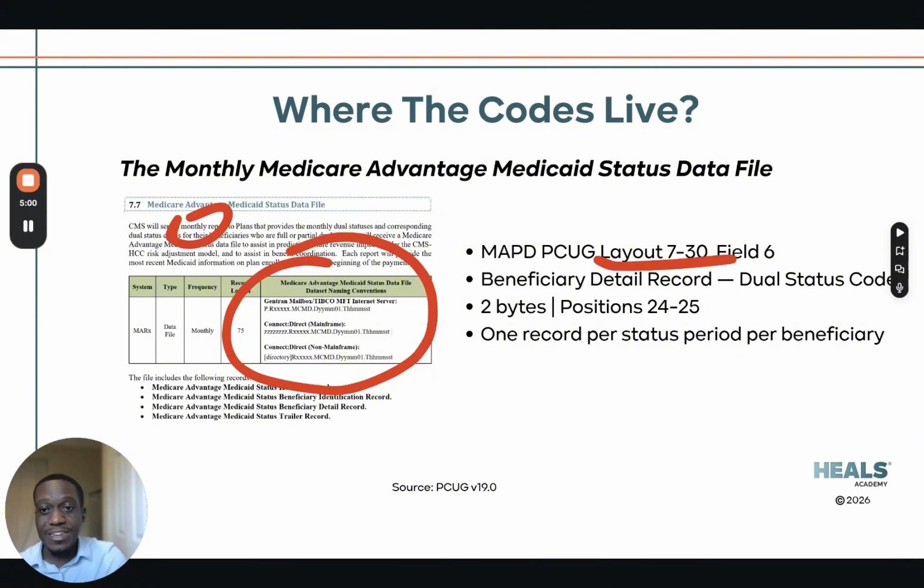If it's in Gentran, this is the file naming. If it's Connect Direct, this is the file naming. So somebody in your plan has this data, or somebody is receiving this data, and you want to find where this data or this file is as you do your reconciliation, or as you understand the dual status pertaining to your